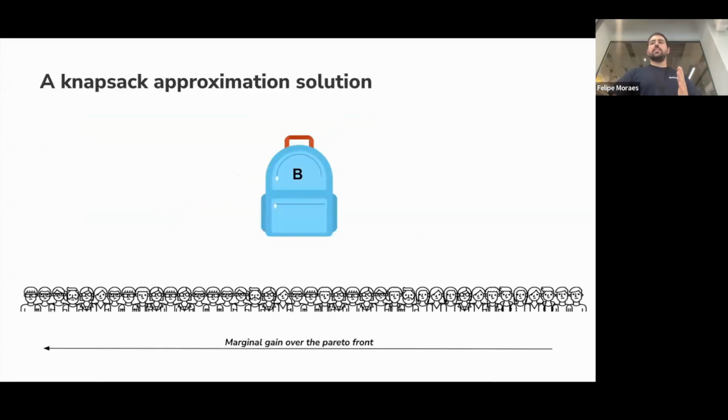This is the idea. So again, you can sort by the marginal gain over the Pareto front. I know this is getting to be a lot of terms now. In this case, you would actually have multiple people on this curve. They would be repeated because you would have them for each treatment in this curve, but then you just decide to give them the last treatment possible. So in the beginning, you would give Bob just the first treatment.